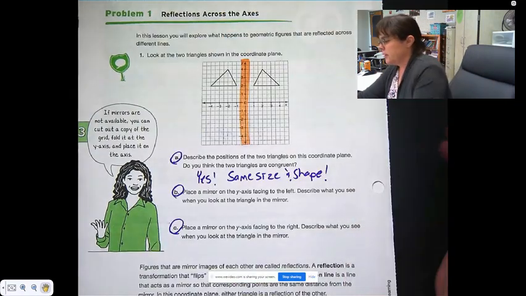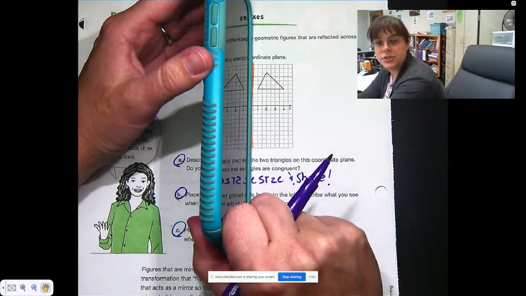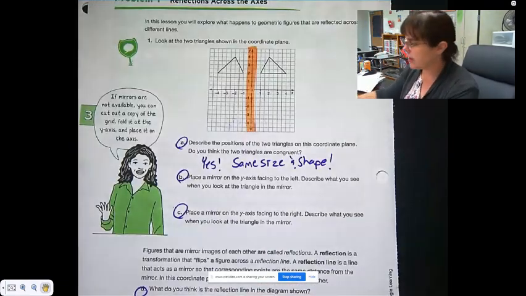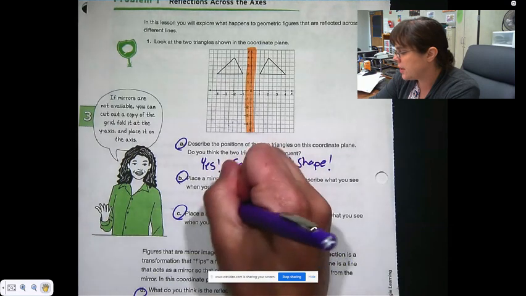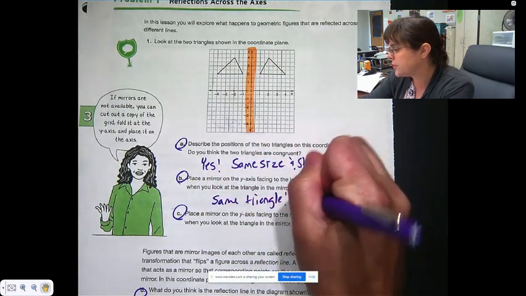Then I'm going to go this way. Look at that. Same distance and direction as the other, right? It's the same triangle. I want to use the word flipped to describe